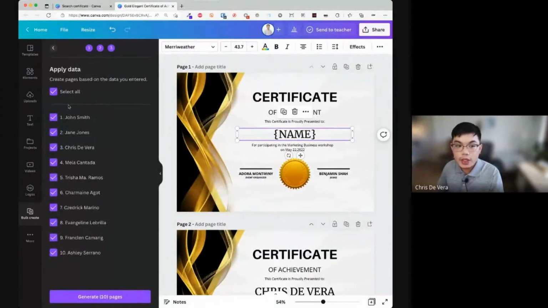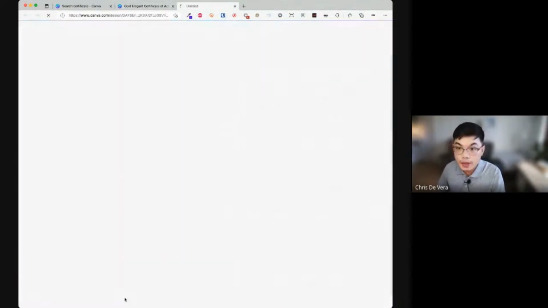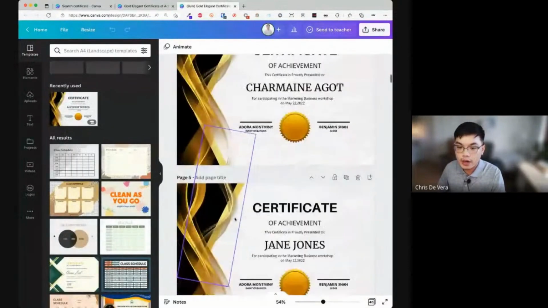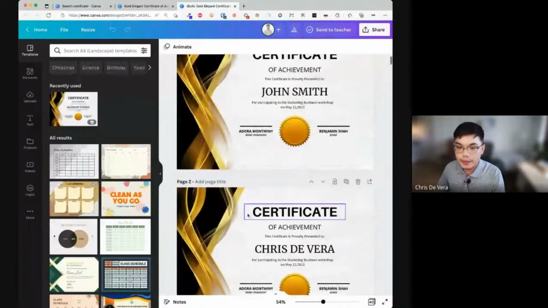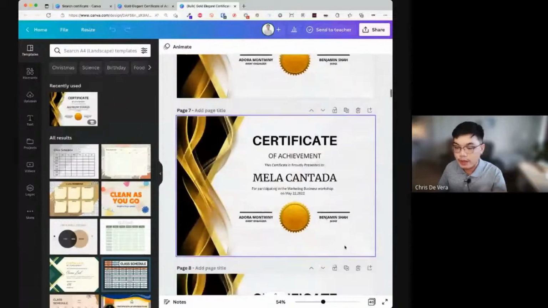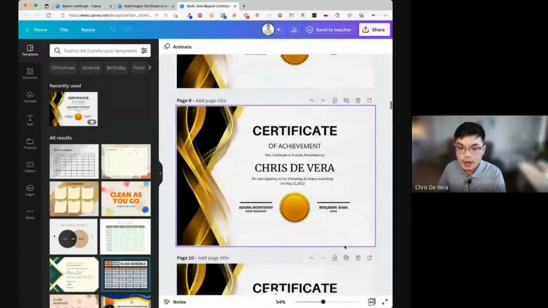Click continue here. By default, it will select all of the 10 or however many names you put. But if you want to deselect anyone, you can do that. But let's select all 10. And then here, generate 10 pages kasi 10 names. So click this. It will open up a new design. And just like that, we have our, sorry, it starts after this one. Okay. Kasi I made some copies kanina. But you can see we have now